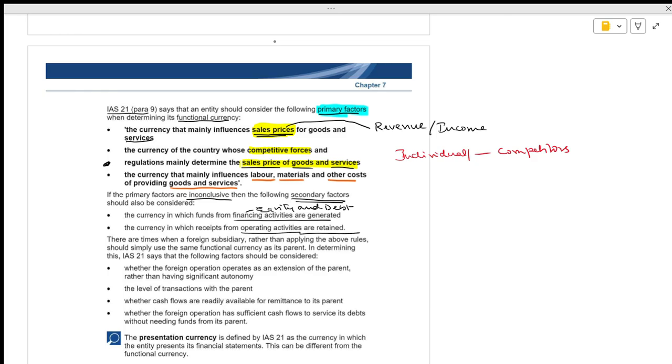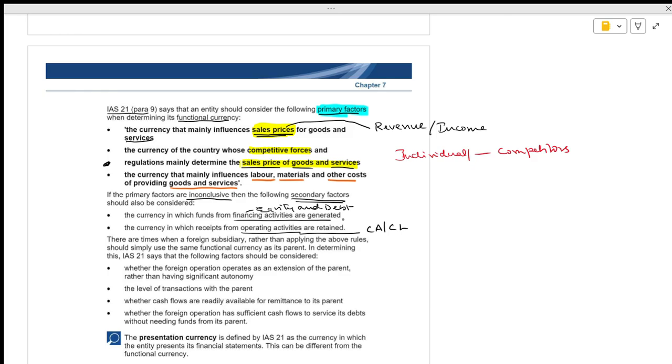And the currency in which receipts from operating activities are retained. In terms of what? In terms of operating activities, which are basically current assets and current liabilities. Is it right? How is it going to be? First and foremost, you think about the sales. Then if it is not there, you have to think in which currency financing is done, in which currency